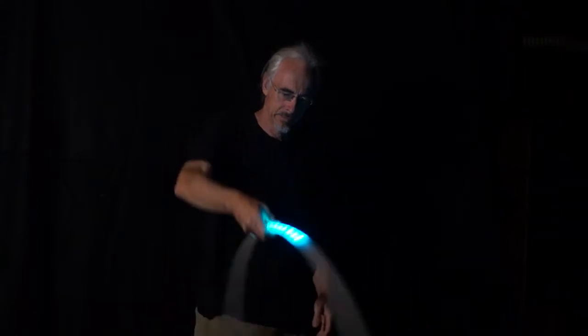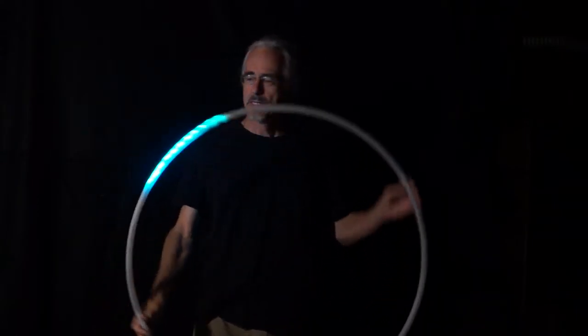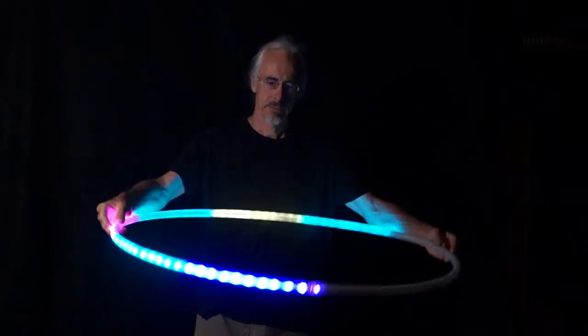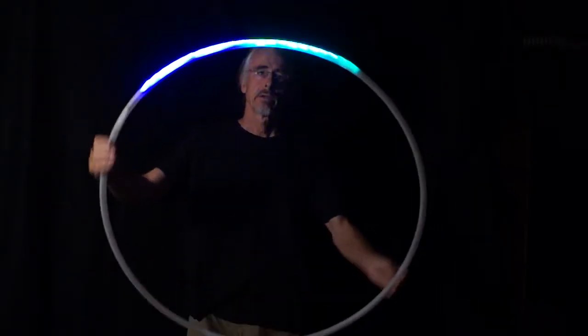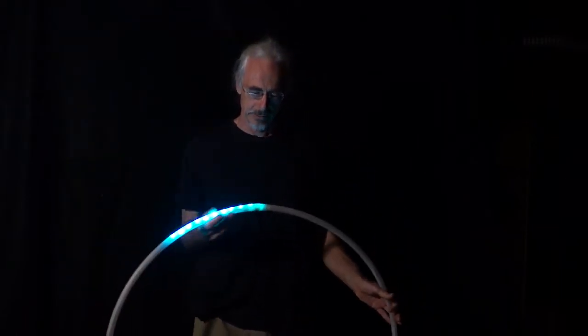The hoop is now locked. So here we start. We've got our segmented hoop and it's locked. We can flip it in any direction and it stays in the segmented hoop, showing us the different orientations. And we can play with this for a while, and I really advise that you do